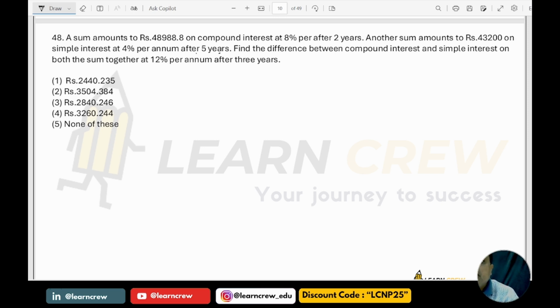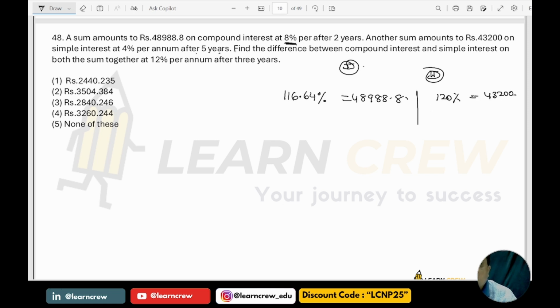So see here, it is 8% per annum for 2 years compound interest. If 100% is the principal, then 116.64% is given as 48,988.8. Another sum amounts to 43,200 on simple interest at 4% in 5 years, so 120%. This is the first case, compound interest. This is the second case, simple interest. 120% is